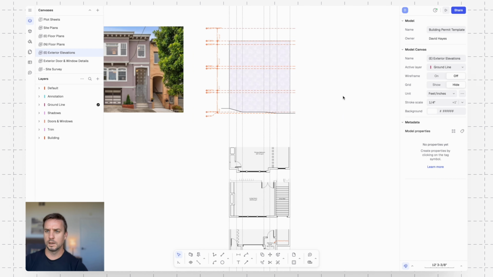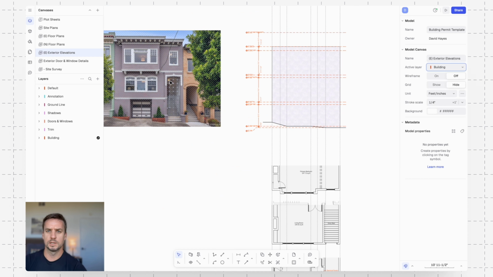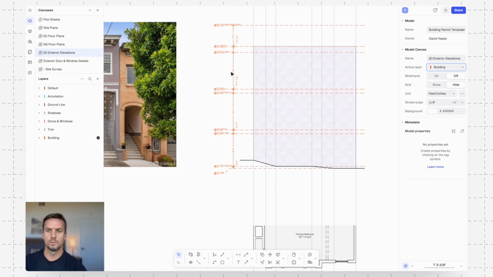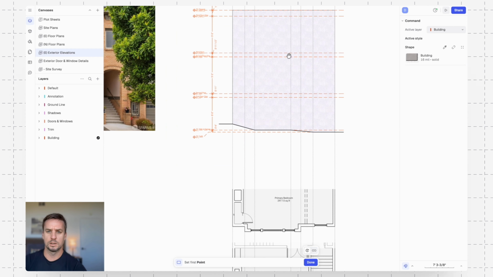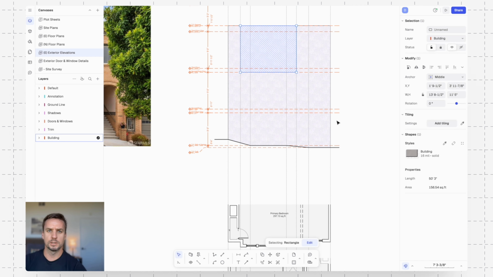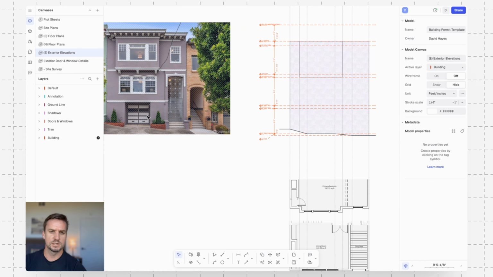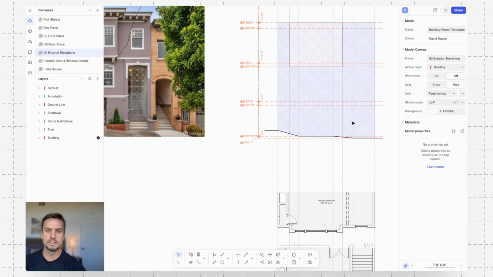All right, and then I'm gonna bring over, let's see, I'll go over to our buildings layer and start to just develop a few more of the massings from our existing building. So I'll do a rectangle, and we're already set on that building texture. So I can really easily start to rough this out. So I've got that bump out here, and then I know I want to get that kind of setback on the garage door, and then also this setback at the stairs,